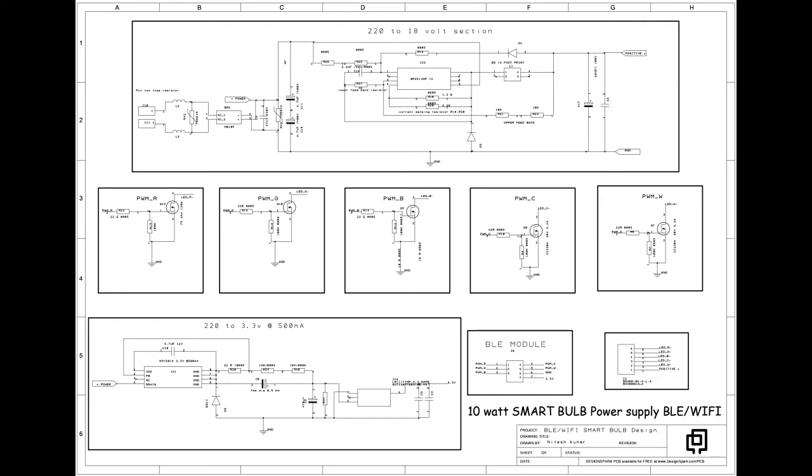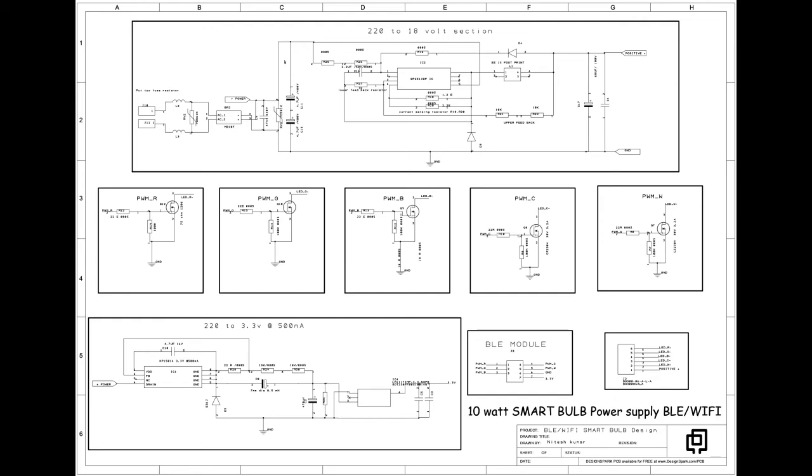The topmost block contains primary EMI filter, MOV, bridge rectifier, secondary filter and driver IC circuit, which converts 220 volt to 18 volt. This is a non-isolated power supply design. Below that, there are 5 MOSFET circuits which control PWM signals and connect between BLE module and the LED board.